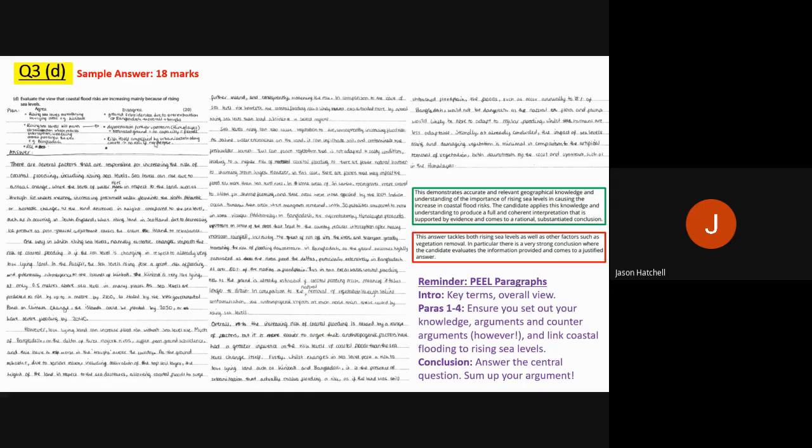Remember to paragraph and structure the answer with your introduction, which is the key terms and your overall view. About 4 paragraphs. Ensure you set out your arguments and your knowledge, your counter arguments, your howevers, and link that all to flooding and rising sea levels. And then your conclusion is answering the central question and summing up your best argument, everything you have said. On the next slide,